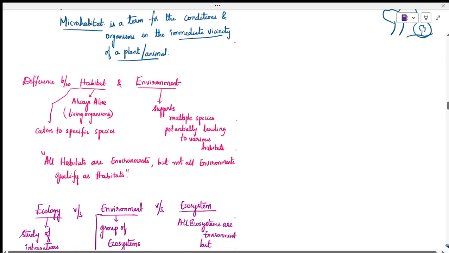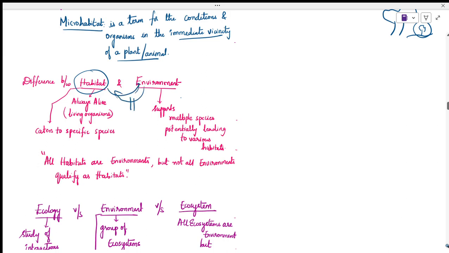So the difference between habitat and environment: in a habitat, all things will be alive, so we'll be speaking about all the alive things. In an environment, life may or may not be there. So all habitats are environments, but all environments are not habitats. Okay, then